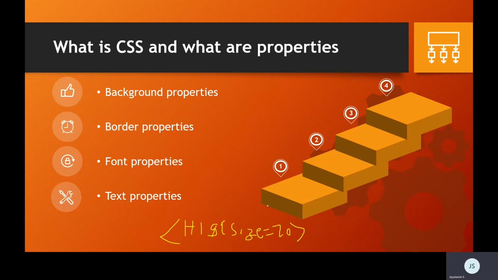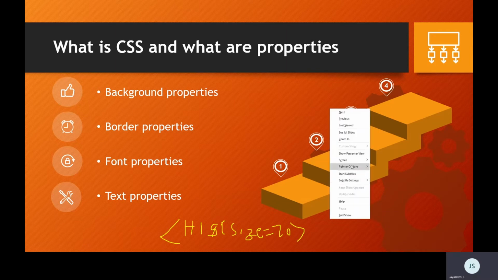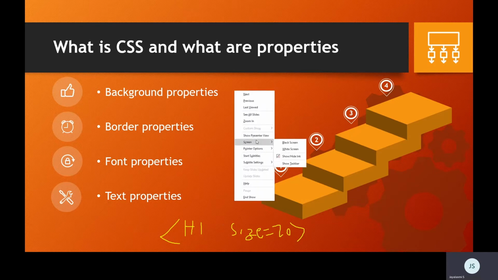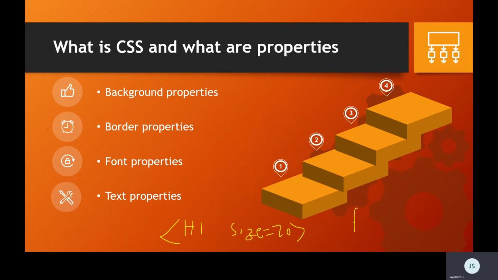Nothing will happen because size is not a property of the H1 tag. Okay, size is not a property of the H1 tag. It will ignore the size property because that is not a reserved property of H1. So you may say, use the size property for whichever element has it. Yes, then I can go for something called font. And for font, we have an attribute called size. So for font, if I say size is equal to, yes, this is absolutely a correct expression. I can do it like this.